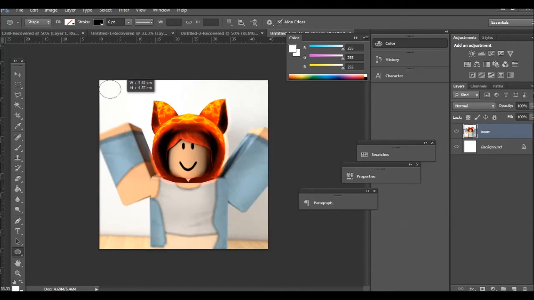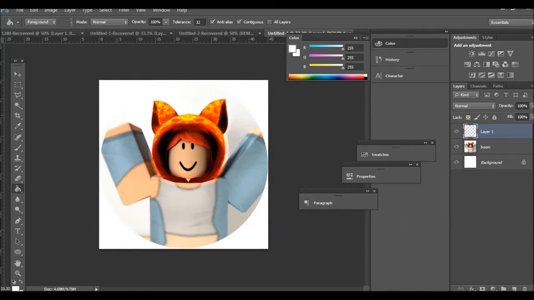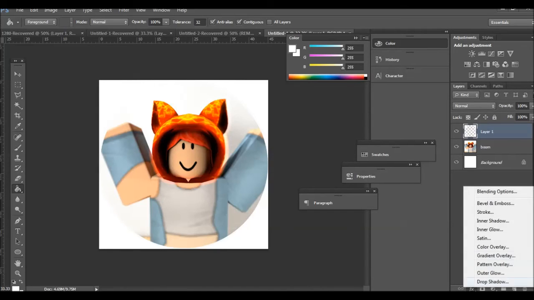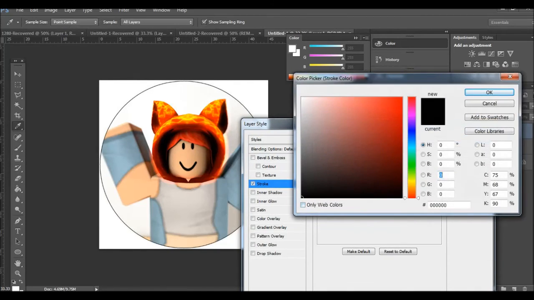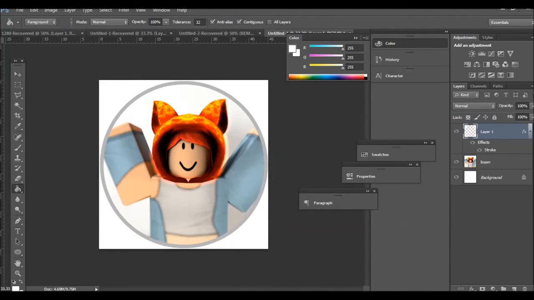Just like get the top right corner and the other corner, I guess, and let go. And then I guess fill in the edges, I mean. Then do like a stroke, but like do like a really light, light. There we go. And add some other effects.